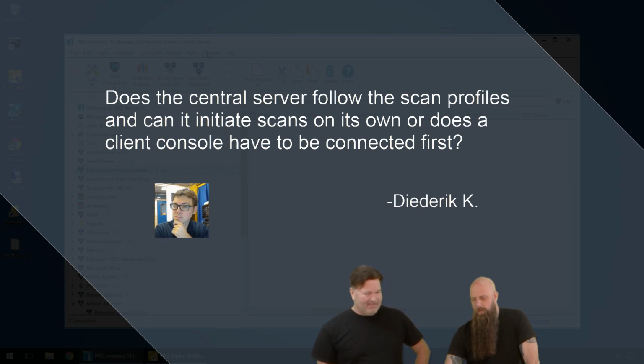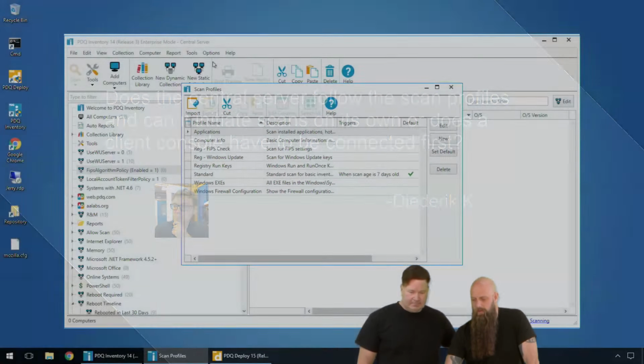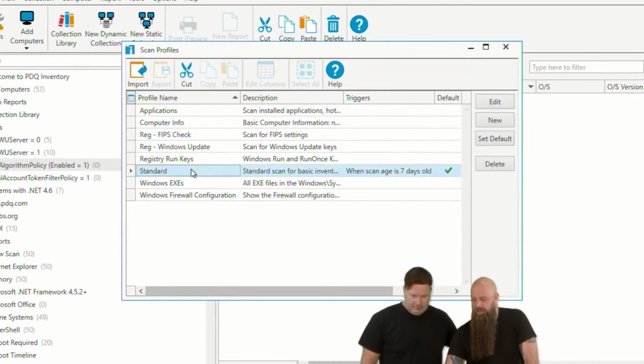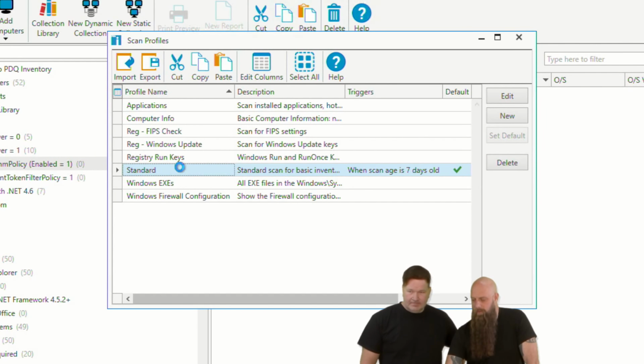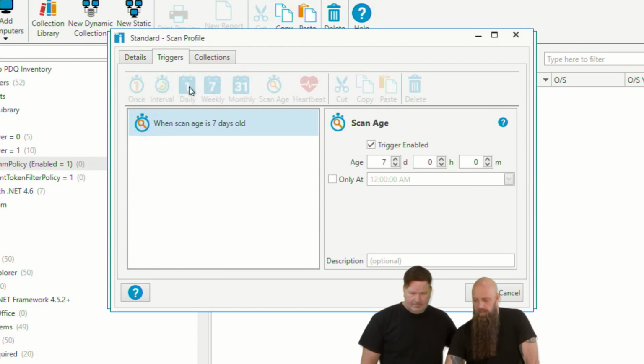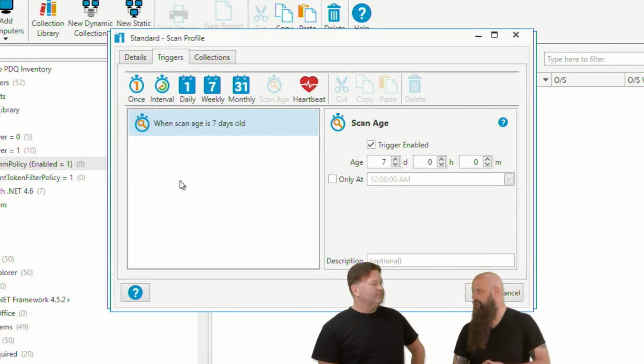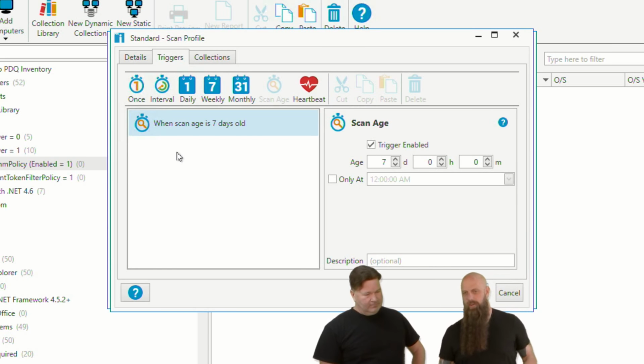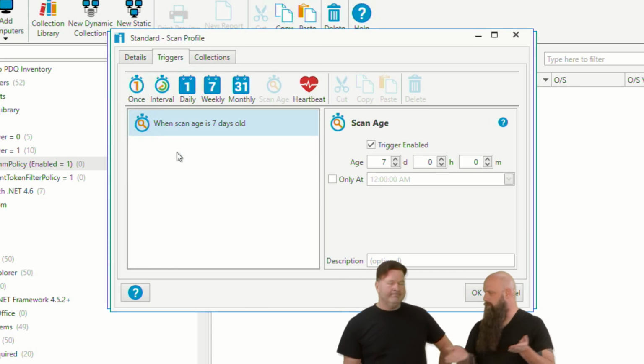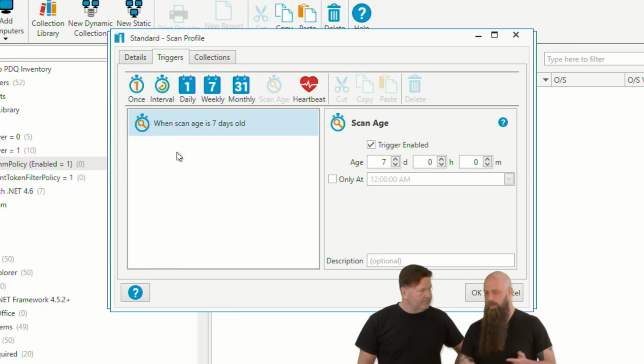When you're talking about scan profiles, depending on your schedule, here we've got the standard scan profile. Look at the triggers. This one says when a computer hasn't had this scan profile initiated in 7 days. You can add other triggers, every day at 11 a.m. or every Saturday night at 5 or whatever. You can add multiple triggers. Heartbeat is also fairly popular, but